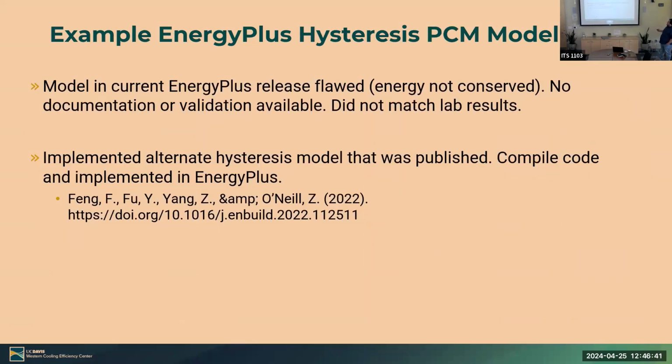This is just discussing the main model, the main Energy Plus model. The model that comes with Energy Plus, we used I think Energy Plus 9.5 or something like that. The main model that came with Energy Plus doesn't work fundamentally. It doesn't conserve energy. It generates and destroys energy consistently. And it just did not match lab results. We just kept hammering away until we figured out that the model itself was wrong. But during our search, we actually found an alternative model that was published, but it's not an official release, by Feng et al. And this was able to accurately model the hysteresis, and it also implemented subcooling,